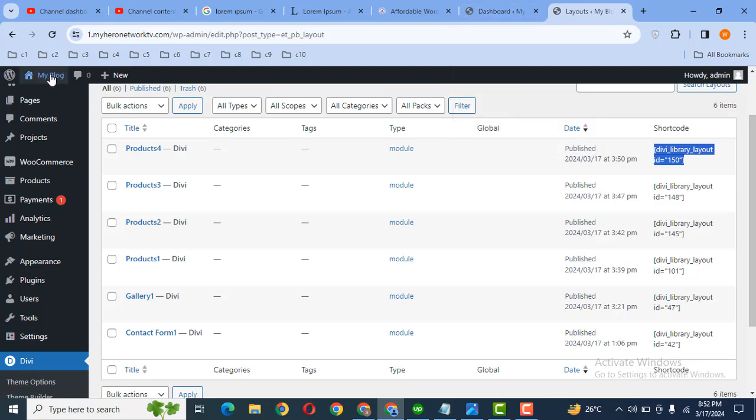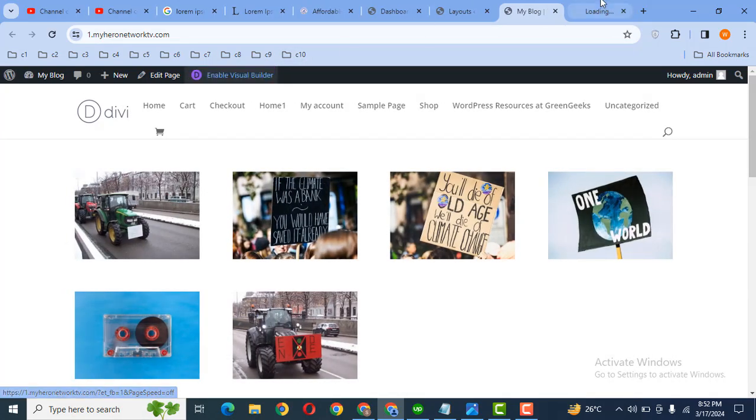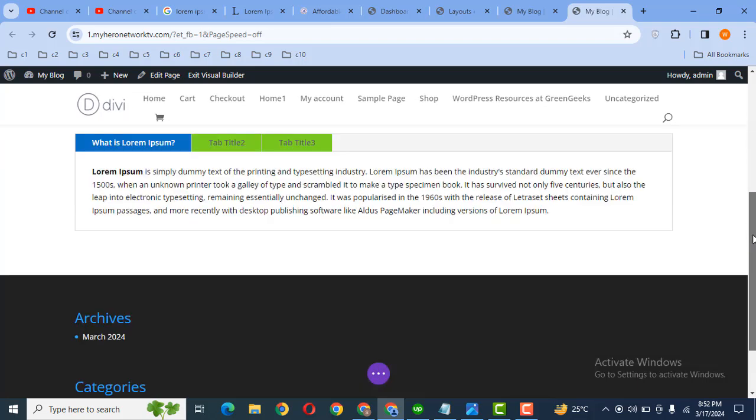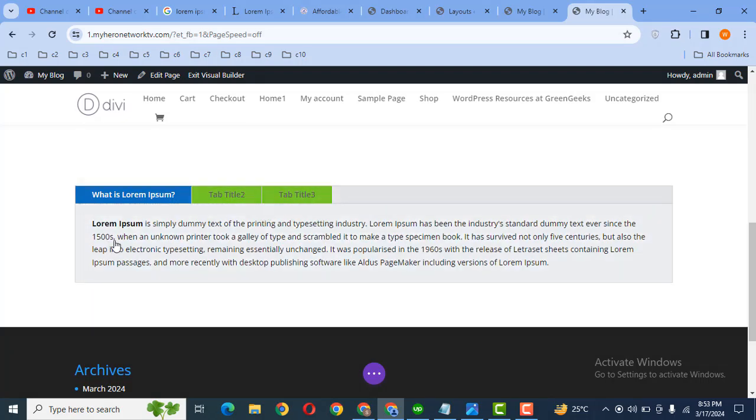And after that, let's go on the front side and enable Visual Builder. So now Divi Builder is loading. And now let's scroll down, and we need to go to the tab section. Scroll down, and here you can see this is the tab section. Click here,